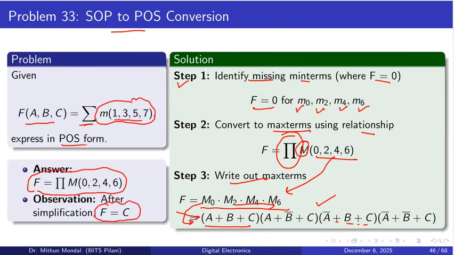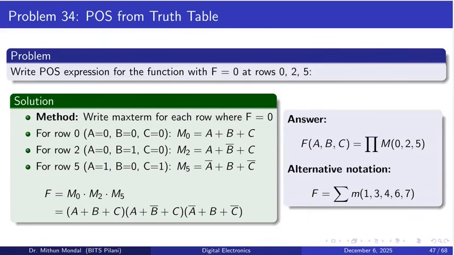I'm not doing the intermediate step here. You can find it in the Boolean algebra simplification process and you can do it yourself. Problem number 34, where we have the POS that we obtained from the truth table. So we have the problem